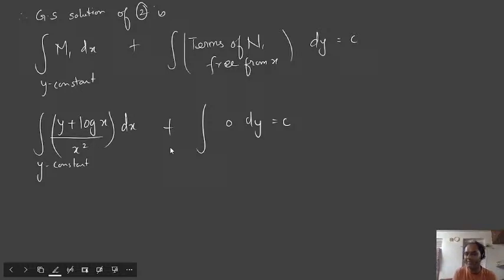Both ways are going to give you the same, but you have to be very careful while choosing the formula. So I'll do this here. See, when you have y over x square plus log of x over x square dx,